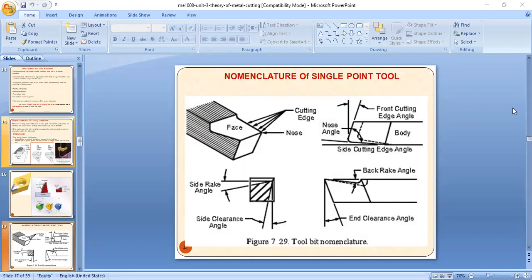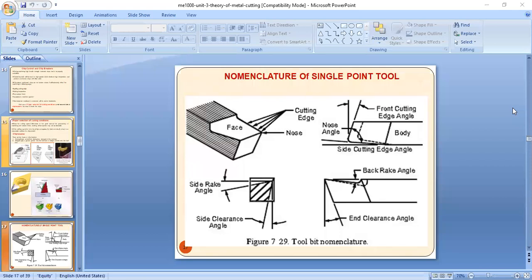The front cutting edge angle is also simply known as the end cutting edge angle, and we have a range of the end cutting edge angle from 8 to 15 degrees. Those are the values we have to use, and we should not go for larger cutting edge angles. Larger end cutting edge angles weaken the tool. If the tool is weakened, the machining cannot take place properly, and we have a poor surface finish. So we have to go for an optimum angle between 8 to 15 degrees, and it should not exceed 15 degrees.